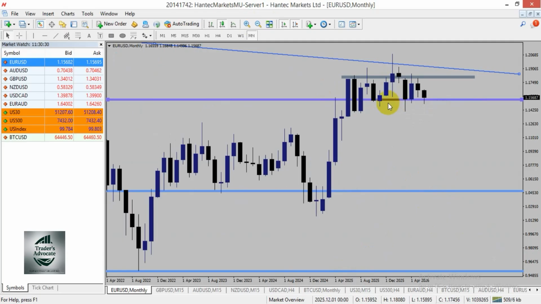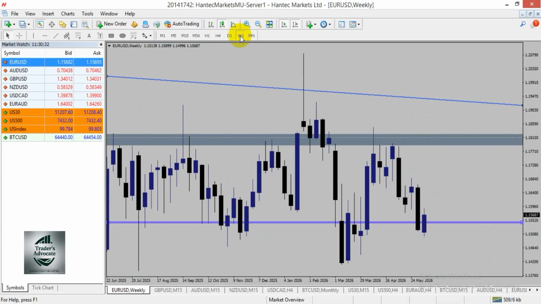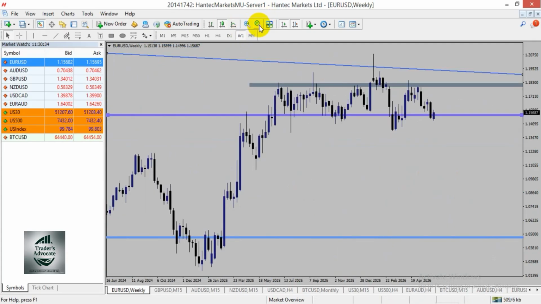Now you may not see this clearly. The weekly paints a better picture of this. Now on the weekly time frame, we can actually see the head and shoulder pattern: left shoulder, head, right shoulder. But I can tell, looking at this, these are several blown accounts for most traders. Why? Especially for lower time frame traders, scalpers, and intraday traders, because they are constantly looking for buy and sell, and the market is just moving sideways. The market is consolidating. Little did they know the market was building a case as to why it wants to